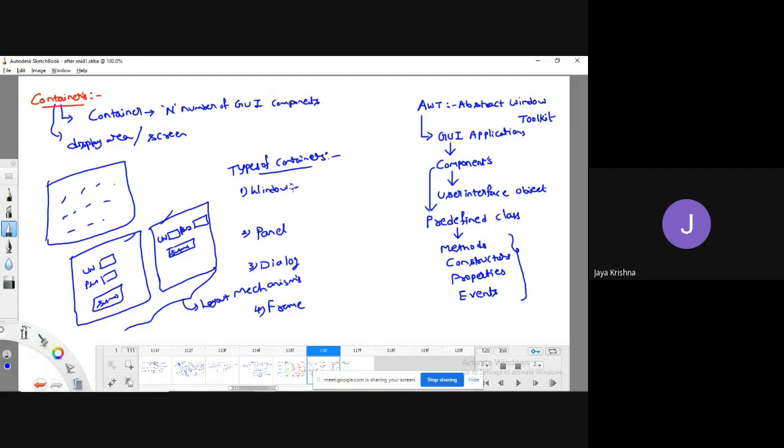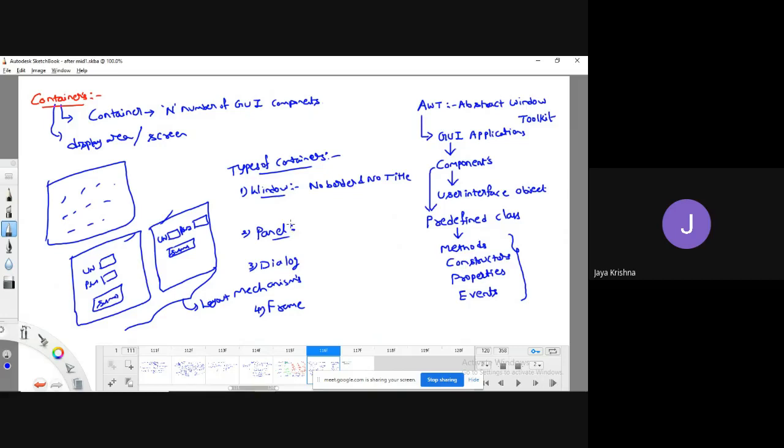Window is a kind of container in which you can place various kinds of components, where the window has no border and no title.